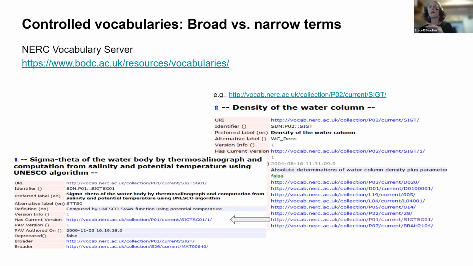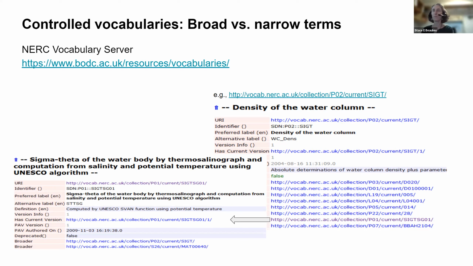So sometimes if you just want to say what your data set is about, you might choose a broad term like density of the water column. But if you wanted to really define the parameter, like the column header, the variable in your data set, you might use a much more narrow term, like here,